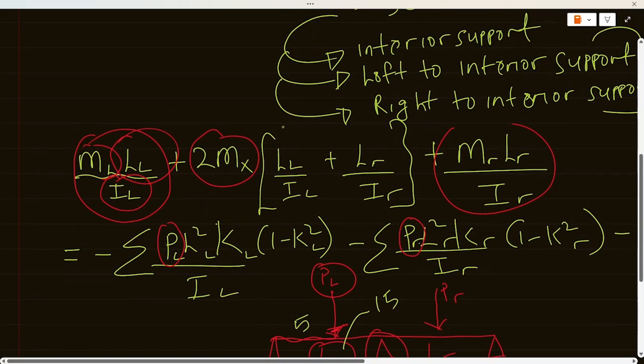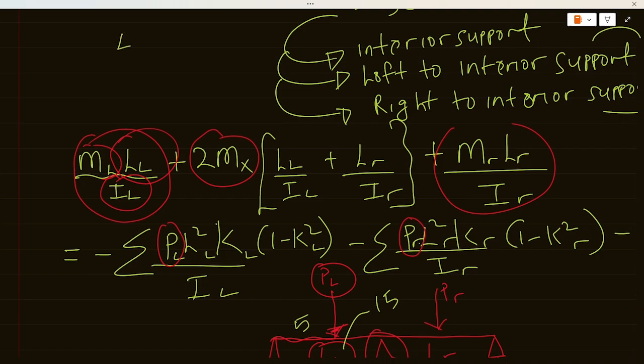So to cram this expression, let me give you a hint. Always note that it is L over I. You see L over I, L over I, L over I. That is the first thing. Note that for the adjacent supports, they are similar. That is M, L, I, everything L. The same thing goes for M, R, L, R, I, R. You can see that it's kind of similar for the adjacent supports. But for the interior support, it is not so similar. It is times 2 now. That is 2M_x times the L_L over I_L plus L_R over I_R. That's how